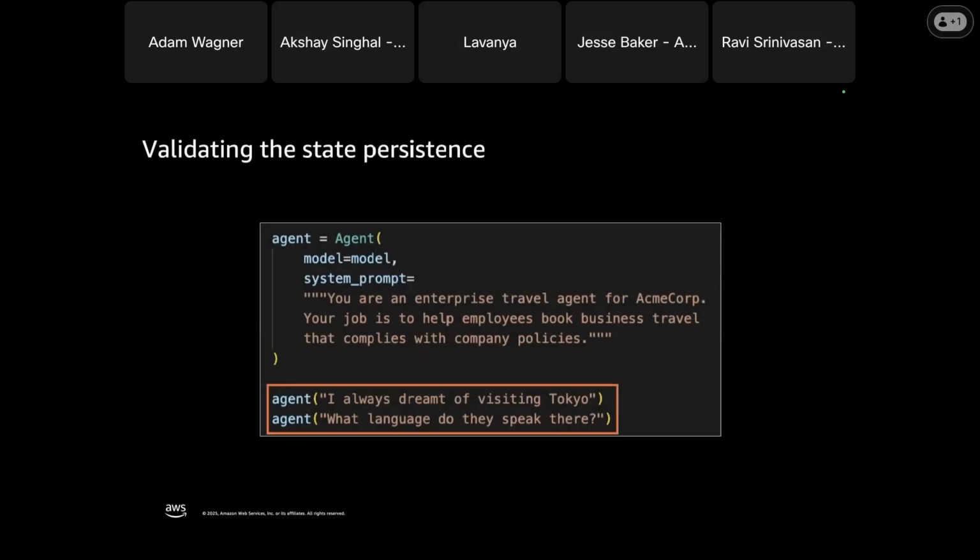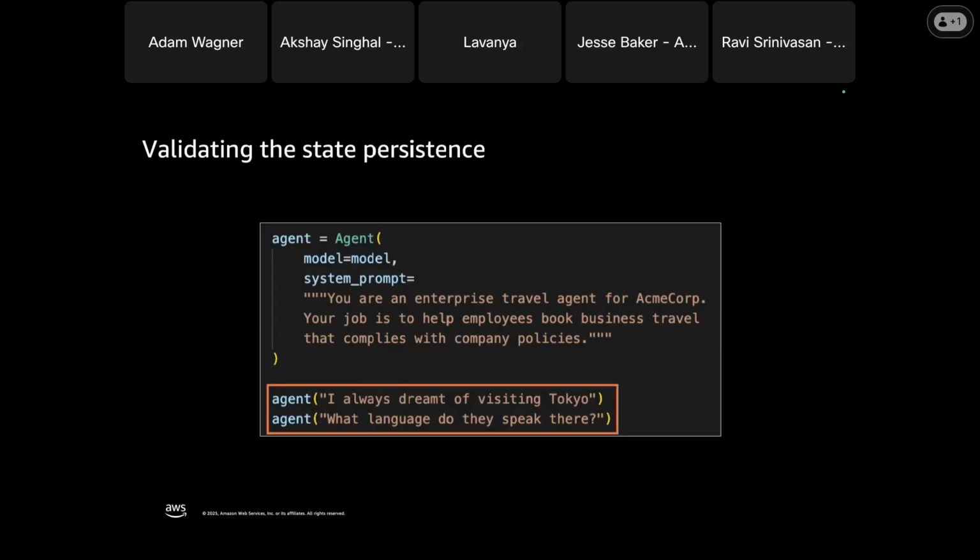So now we're going to send in two different prompts, and these are separate prompts, right? Each one of those agent calls is a separate prompt going into the LLM. And so the first one says, I've always dreamt of visiting Tokyo. And then the second one says, what language do they speak there, right? Where there is clearly related to the previous prompt.